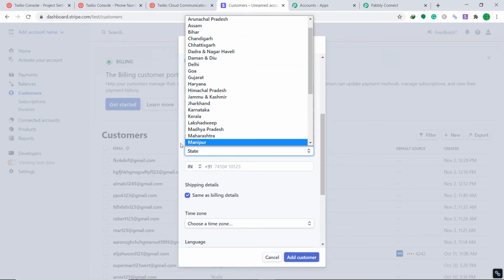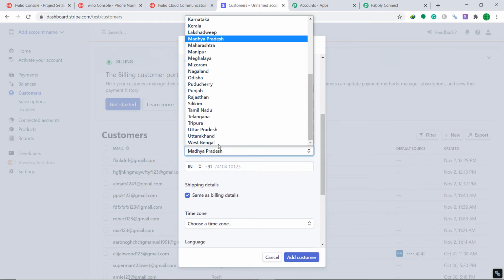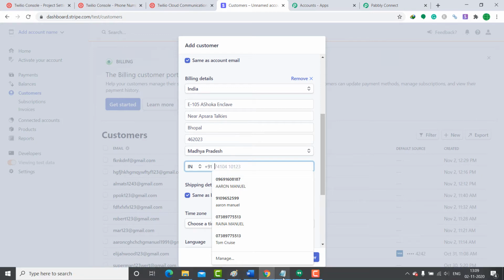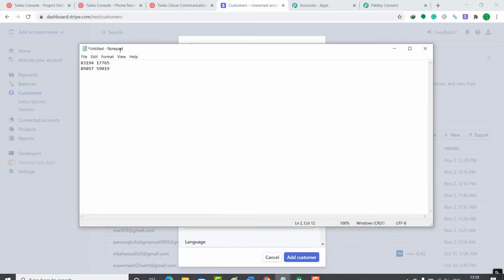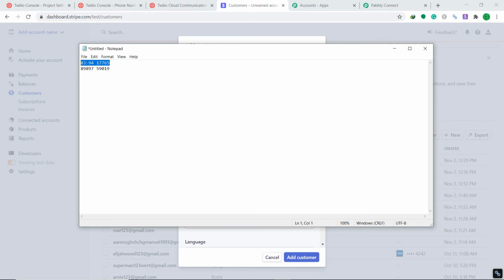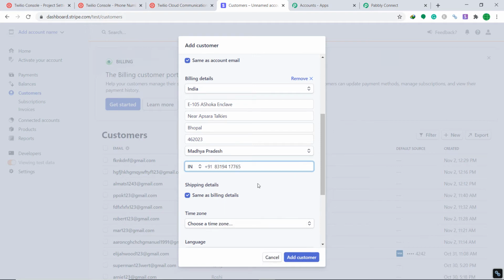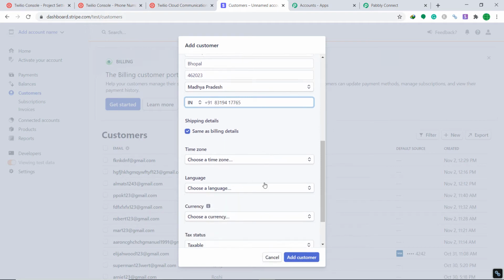State is Madhya Pradesh. Okay. And the phone number is, this is the most important part. So the phone number, I'm basically just going to copy a phone number. I'm just copying this. So I've copied and I'm going to paste it. Okay, so the phone number has been pasted.